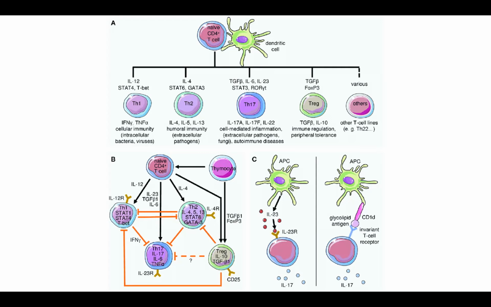Same thing with IL-4R: if that's inhibited or mutated, you're going to have the proper Th2 count, but your effective Th2 would be low,